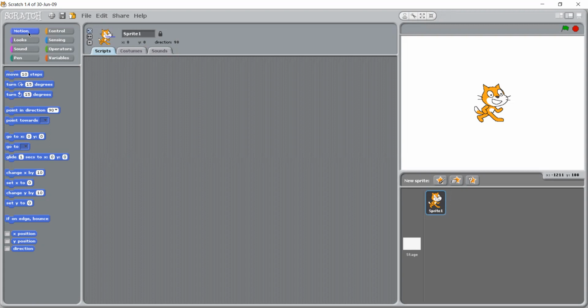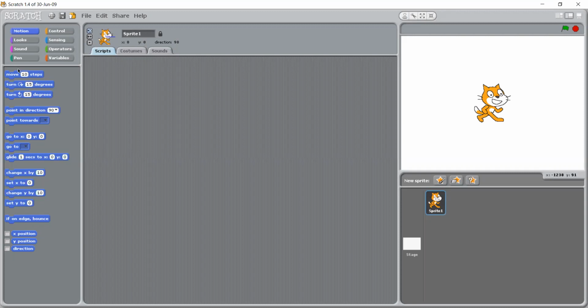And when you click on the motion block, the related commands will appear here, in this block. You can see the commands related to the motion block. So one by one we will see.